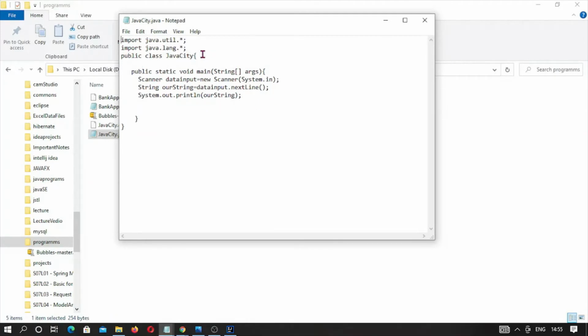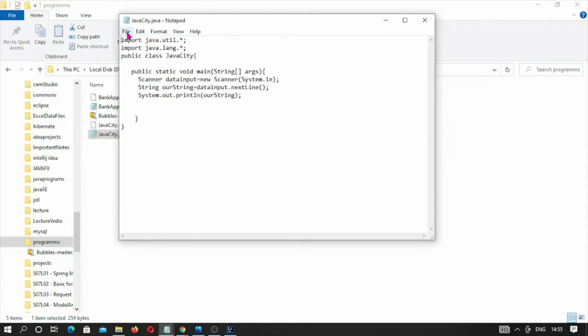So what these two lines are telling us is that we are using the libraries of the Java language, and this Scanner class is called for, and this is the String class we have called, and this is the System class. So the String and System classes come under the java.lang package, and the Scanner class comes under the util package. Okay, so this is a 3-line source code.